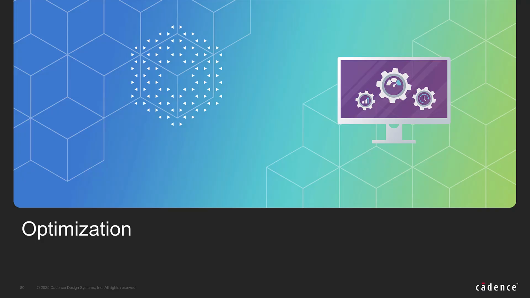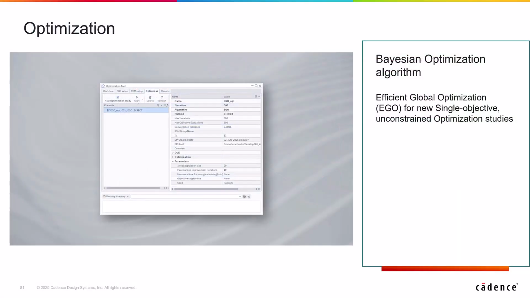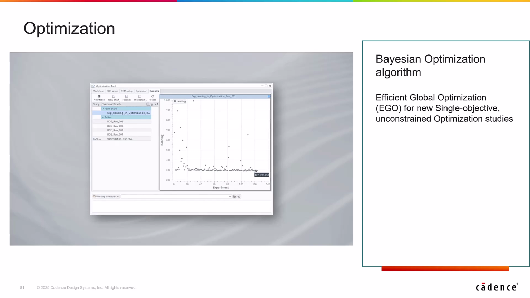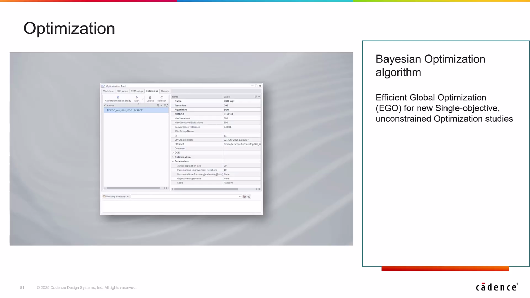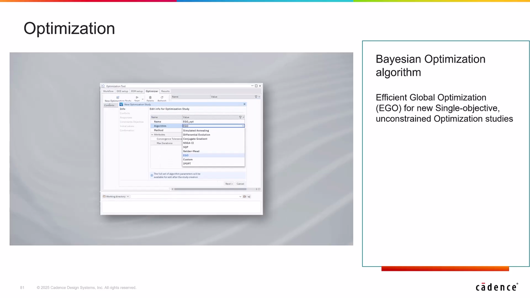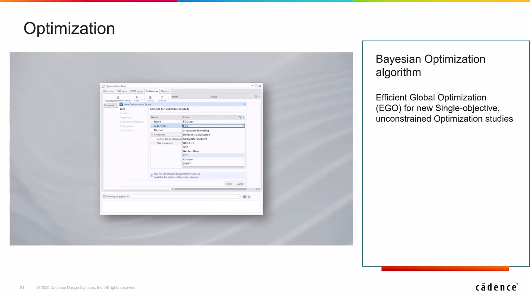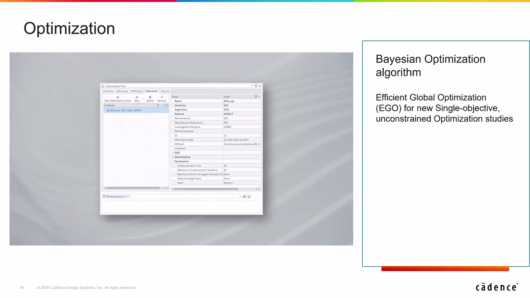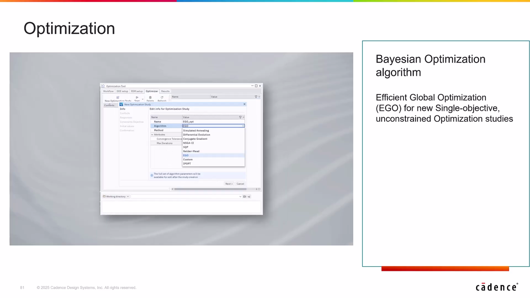Moving on to the latest developments in optimization. Efficient global optimization algorithm falls under the category of Bayesian or adaptive optimization. This type of optimization combines direct and RSM-based methods to reach an optimal design, performing both exploration and exploitation of the design space. EGO is one of the most popular adaptive sampling algorithms for global optimization of simulation models.